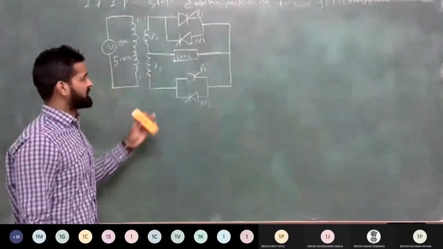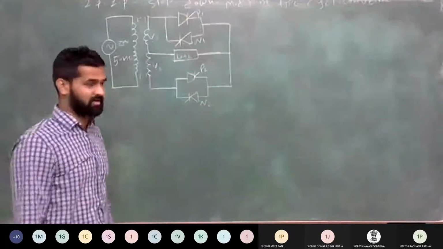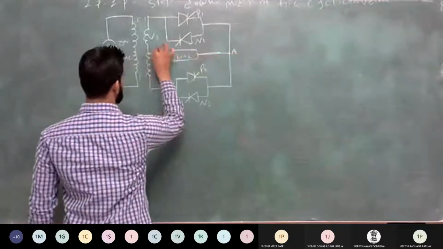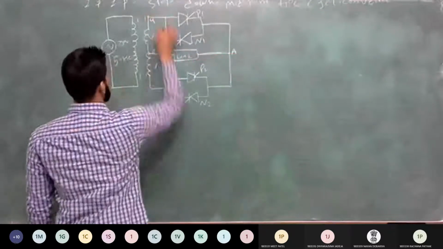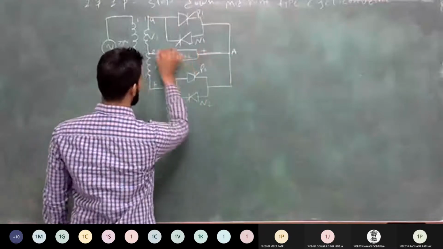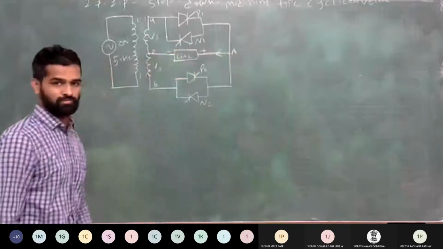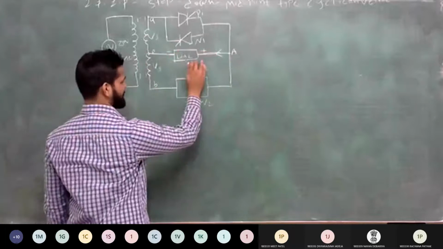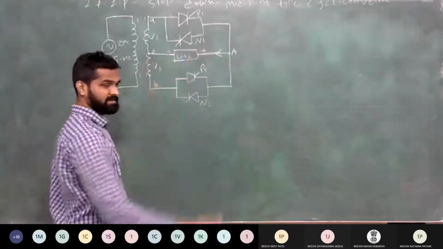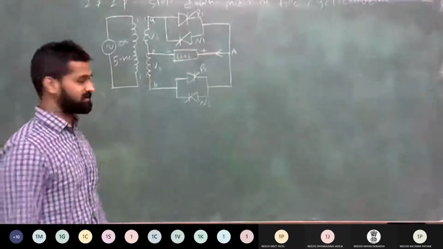Clear? Why do we give the name P? Because it is a positive group thyristor, it gives a positive voltage, and N1 and N2 give a negative voltage, so they are called negative group thyristors. This is the A point of the load. This is the center tapping, small a, small b. Positive voltage polarity is A point positive, O point negative, and the positive direction of current is A to O. So when you get this polarity of voltage across the load side, it is positive voltage. If the direction of current is from A to O, then it is a positive direction of current. If it is exactly reverse, then it is negative voltage and current.